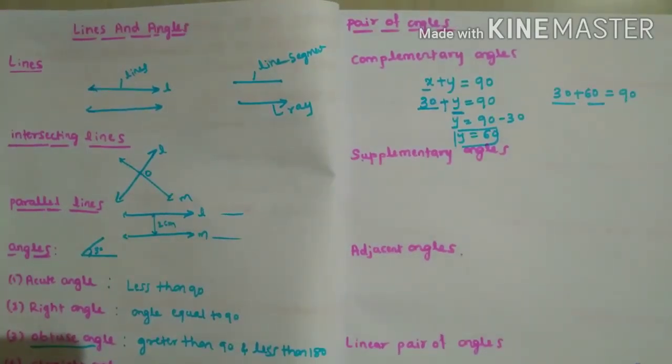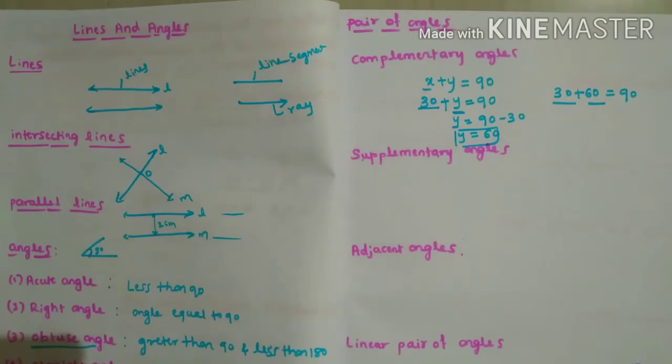Or sometimes they will ask, what is the complementary angle of 30 degree? Complementary angle of 30 degrees, 60 degree. What is the complementary of 60 degrees? Complementary of 60 degrees, 30 degree. Complementary of 20 degrees, we can say 70 degree. Complementary of 40 degrees, 50 degree. 40 plus 50 is 90 degrees. Like this we will call the complementary. Some definition if you want, definition they will not ask. Definition if you want: sum of the two angles equal to 90 degree, then we can call those two angles complementary angles.